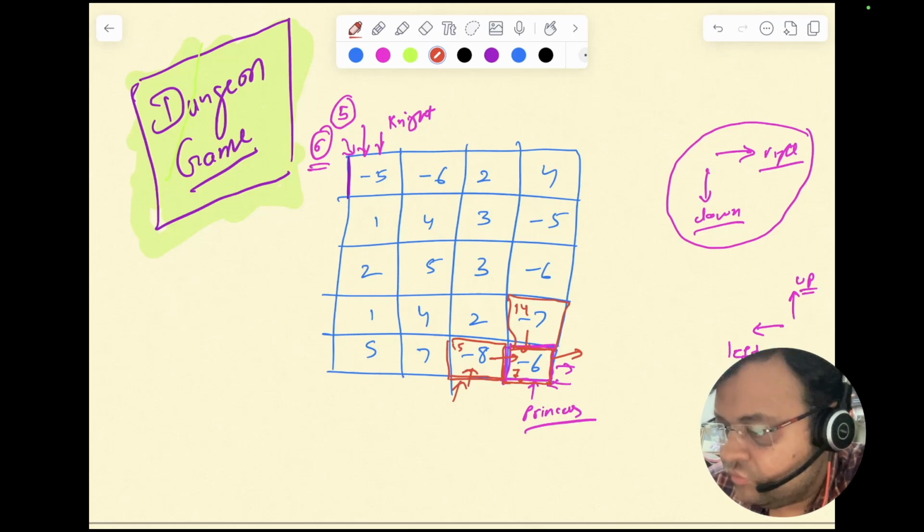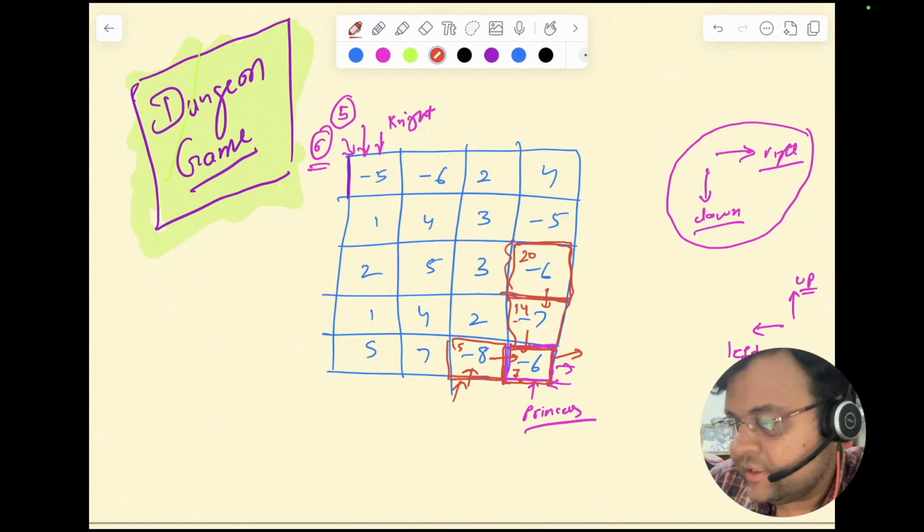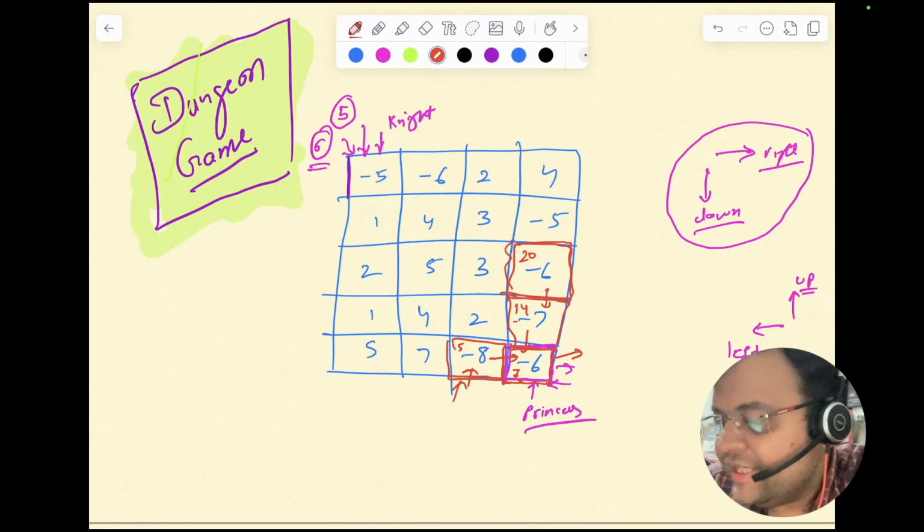Now let's see for this room, right? He can enter into this room from here or here, right? Okay. So if he wants to enter into this room, how much does he need in this room with a value of -6? He requires 20 points, right? 14 plus 6, 20, correct? Similarly, we can easily calculate it for here he requires 25,